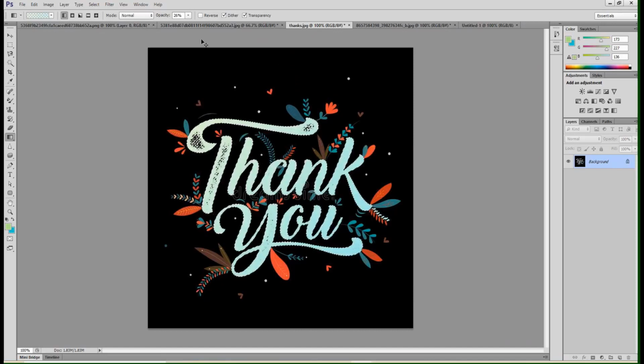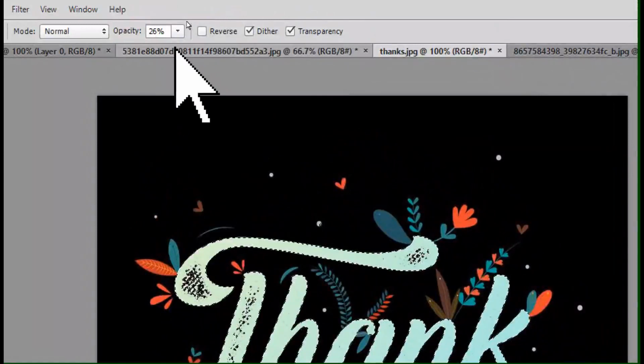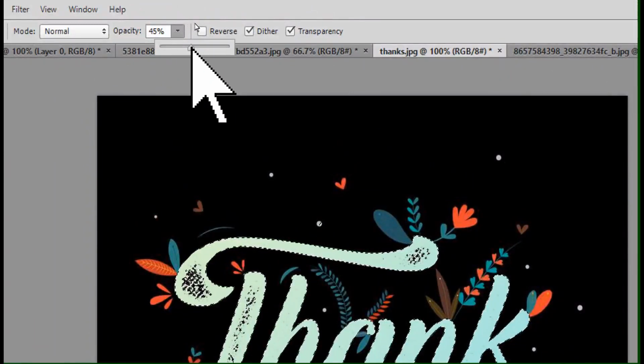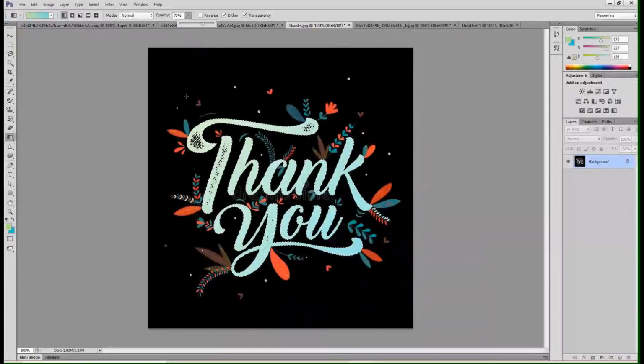See in the option bar, one thing is there, opacity. I had decreased the opacity. Now if I increase it, okay, now drag it. See, the effect is applied. If I choose some circular option, the gradient has been filled in the area that I had selected. If I drag the mouse like this, it will still be filled only inside the selected area.